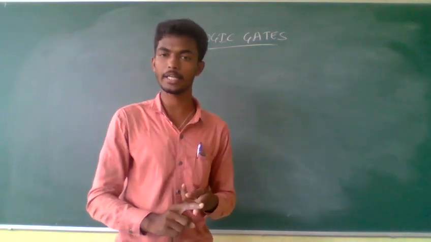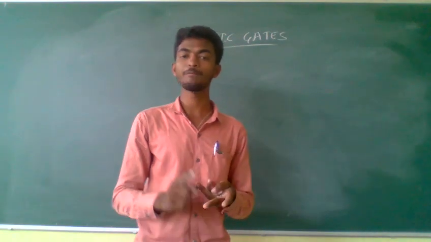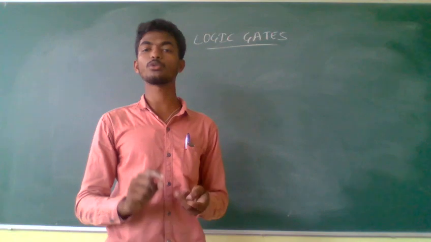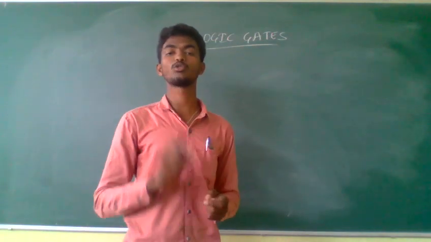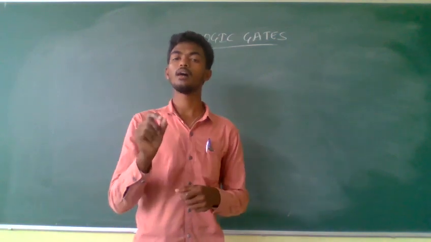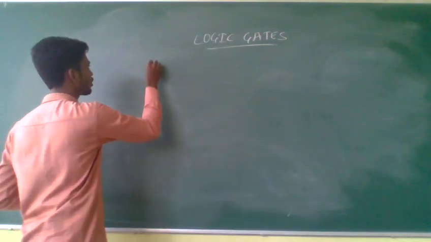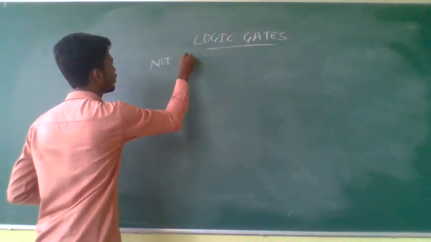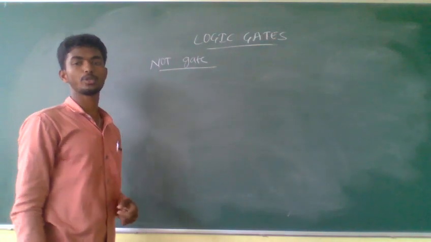What do you mean by logic gate? Then what is the operation of that NOT gate, and next you have to draw the standard symbol for a NOT gate, and then you have to go for the truth table according to the gate. Okay, now let us explain the first gate, the NOT gate. I have told you already.